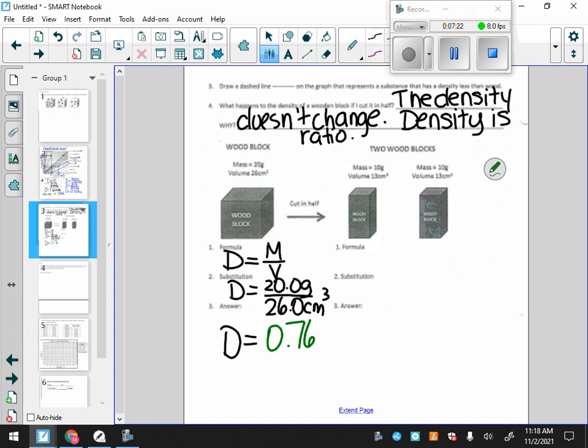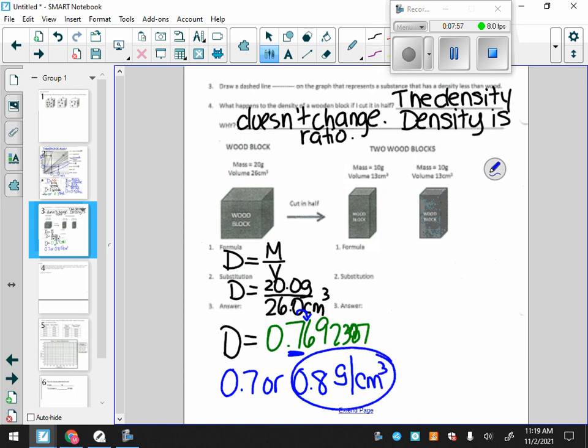That is not to the nearest tenth. It's a bigger number. 0.7692307. But I didn't have to write that much because all I want is to the nearest tenth. Look, this is the tenth spot. So it's either going to be the same or greater. That's the only option. So it's either going to be 0.7 or 0.8. Is this closer to 0.7 or is it closer to 0.8? Let's go next door. The 6. Up the score. So it's going to be closest to 0.8